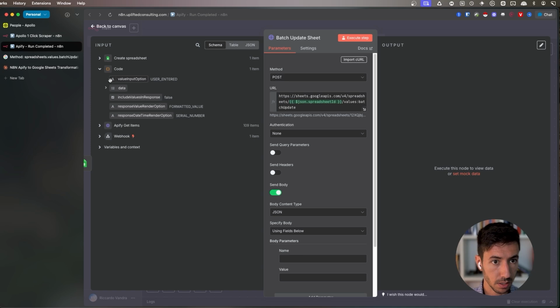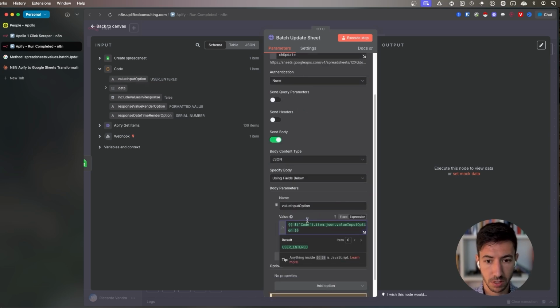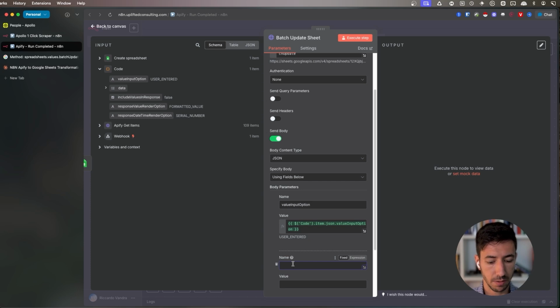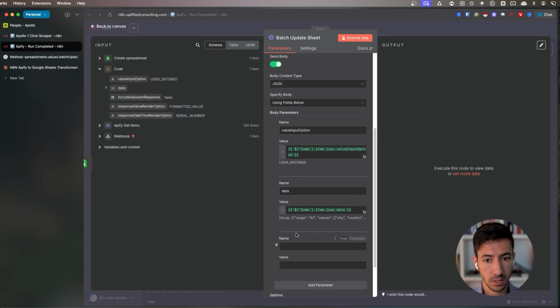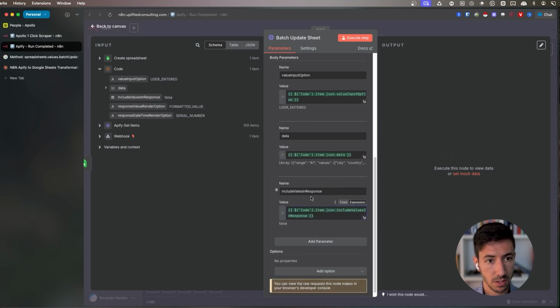So this will be, yeah, value input option would be this one over here. Then we will have data, which will be the full data block that we have over here. And then include values in response. Let's put false, and then response value